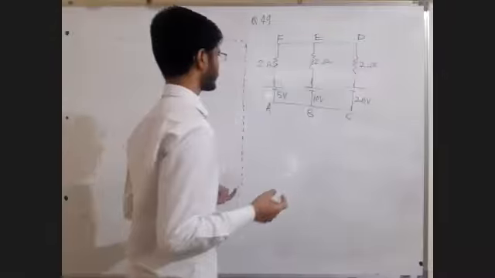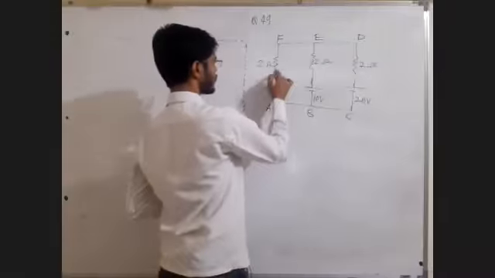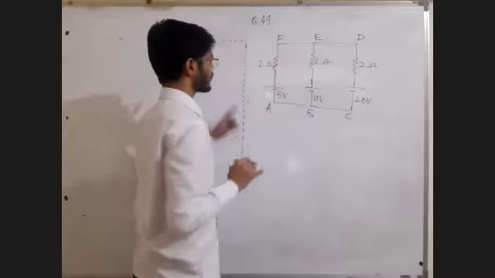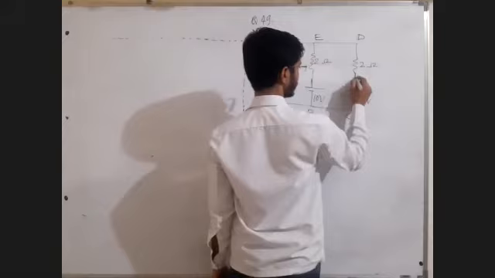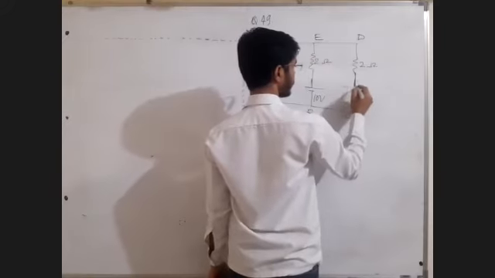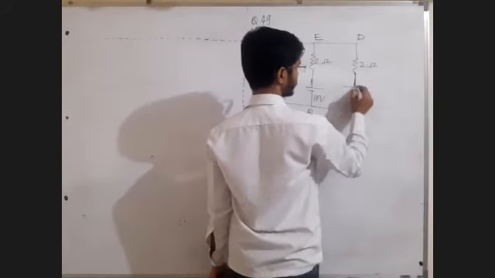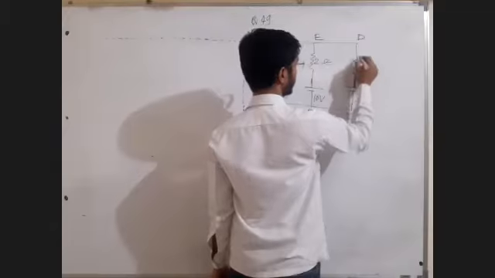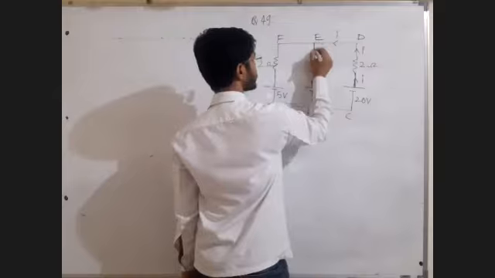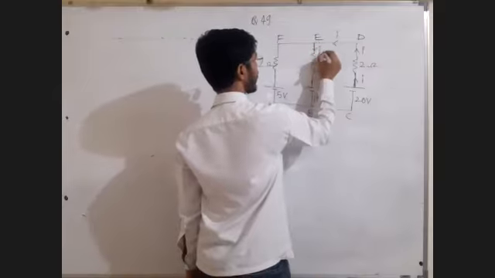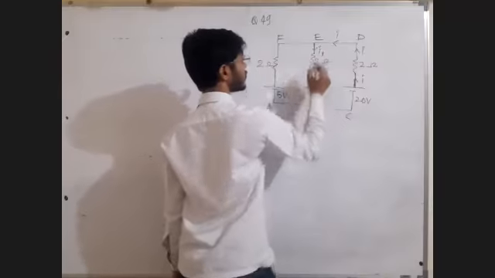Actually, there is no restriction for me. I can assume current from here also. Absolutely no problem. But I generally go with the largest battery, giving the current equal to I. The current I will split like this. It will create I1. It will make I1 go here.